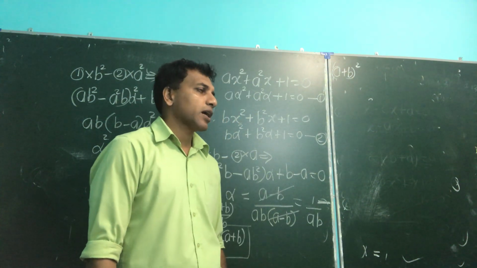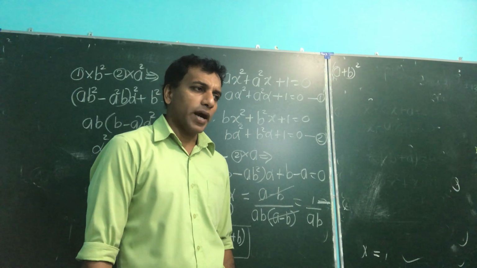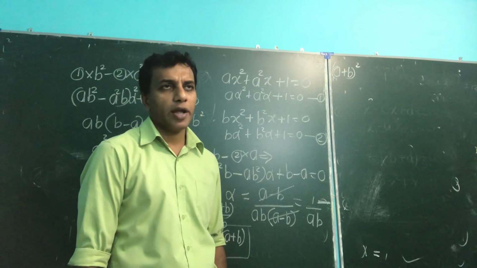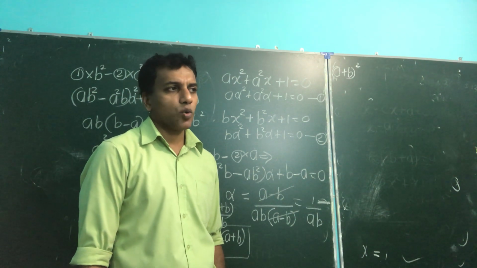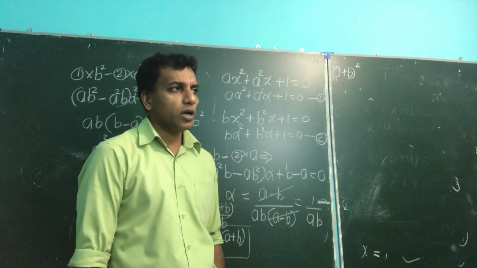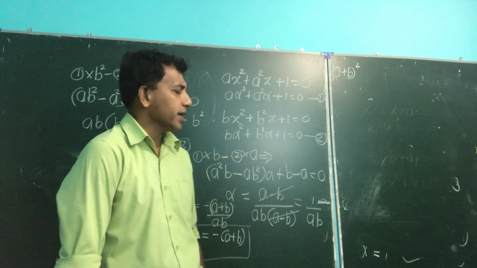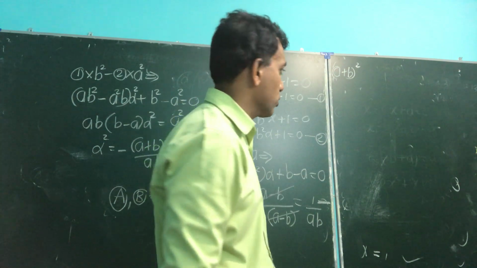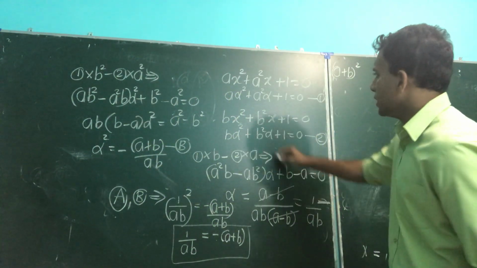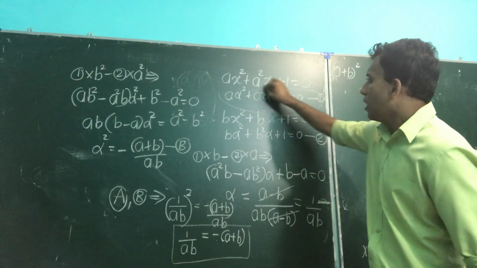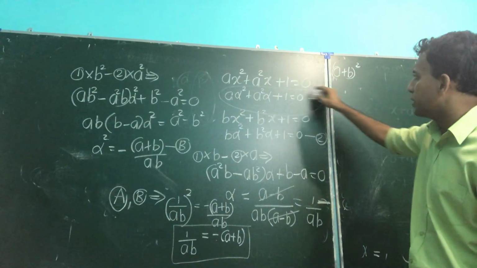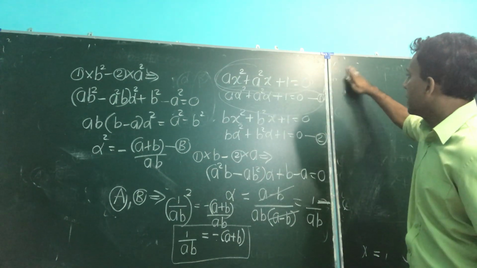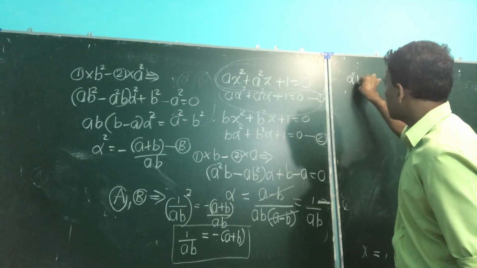What is the equation that has roots beta and lambda? As I said earlier, it becomes x square minus (beta plus lambda) into x plus beta into lambda equals 0. x square minus sum of the roots and product of the roots. Therefore, you have to find the beta and lambda values. So, the answer is provided. Okay. So, you see, first equation we said roots are what? Here, alpha and beta. Then write what happened? Alpha plus beta.